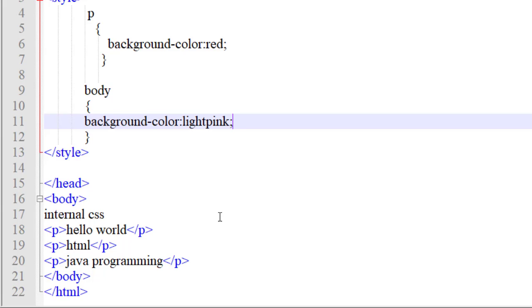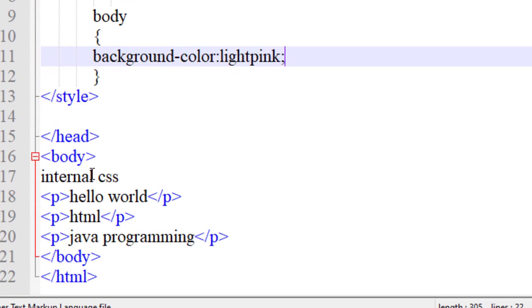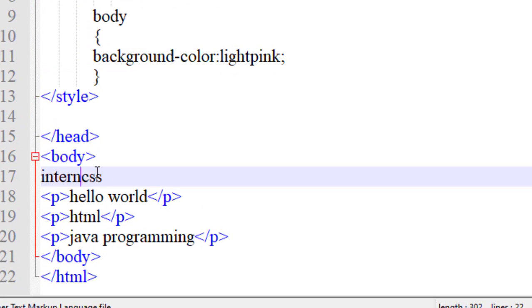Now we will see about the inline CSS. Just keep this as it is. Okay, I will write the inline CSS.